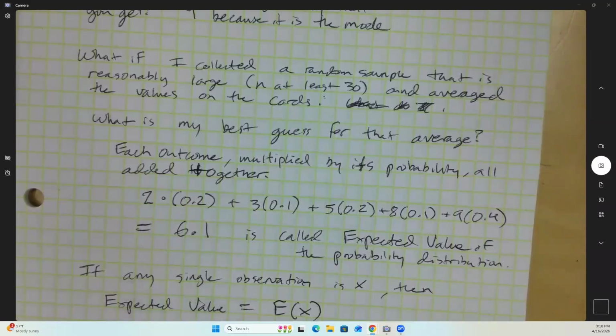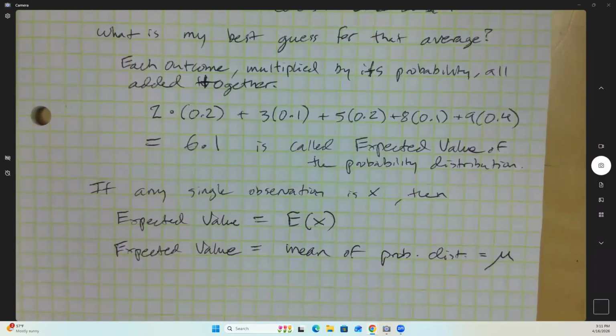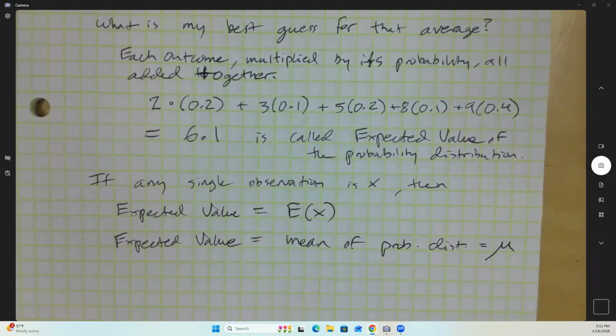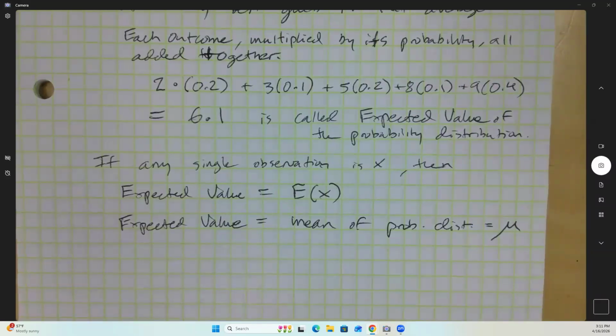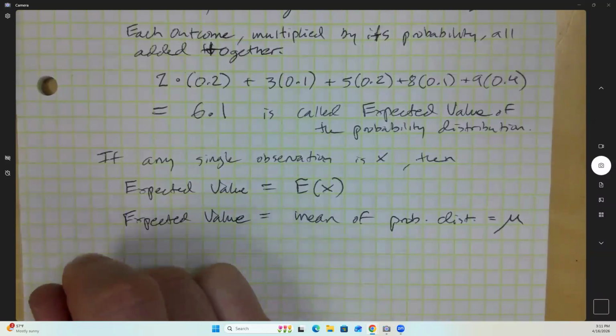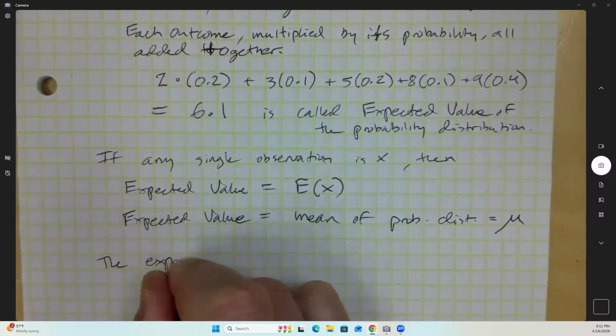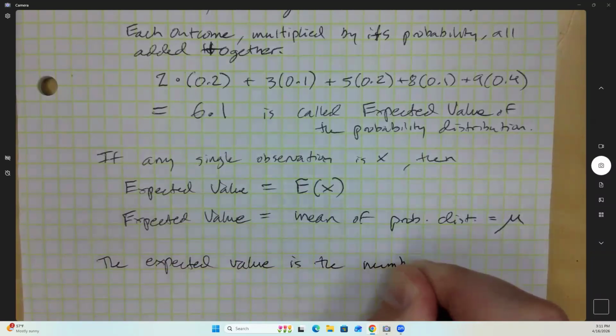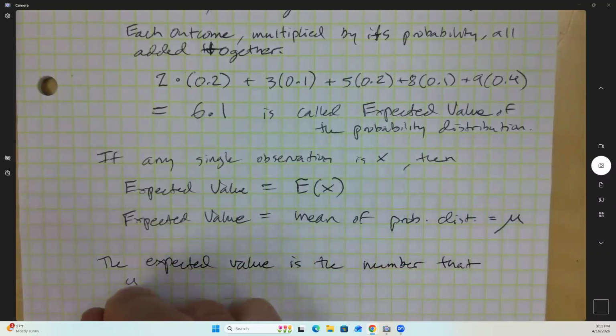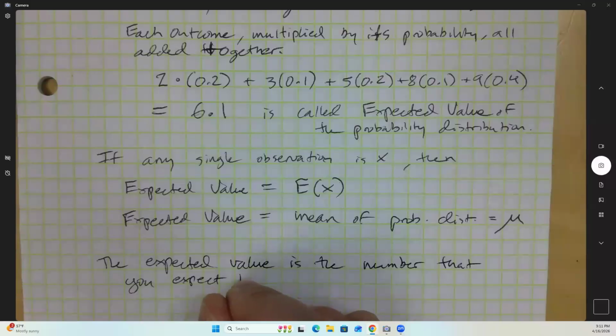Gabby, you want to venture a reason why not? Because of the randomness, yeah. Right, the randomness is the reason why we never expect to be exactly right in statistics. It's not because we do it bad or because the math is bad, it's because it's the randomness. So the expected value doesn't mean the average you're always going to get. The expected value is the number that you expect to be close to